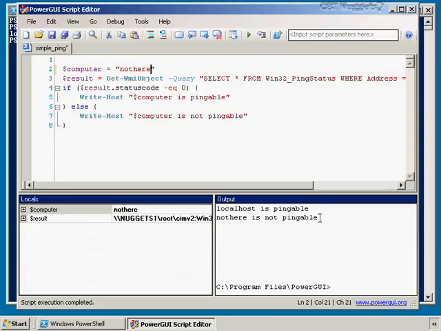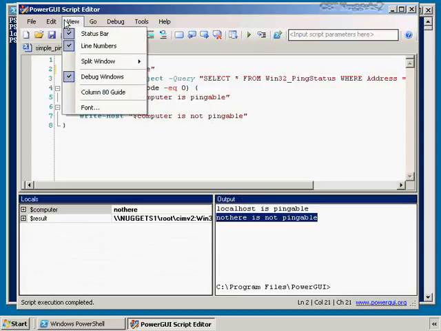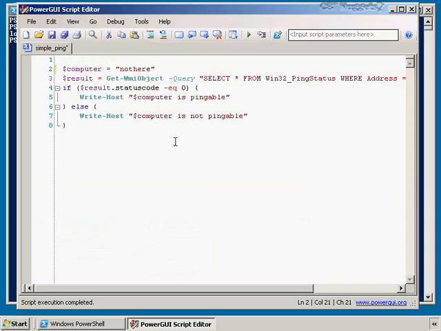And it's taking a little longer, and then finally it comes back and says not here is not pingable. So my script basically works both ways. And this is really all that a Windows PowerShell script is. It's a series of regular Windows PowerShell commands, maybe some language elements to help add some logic making or some